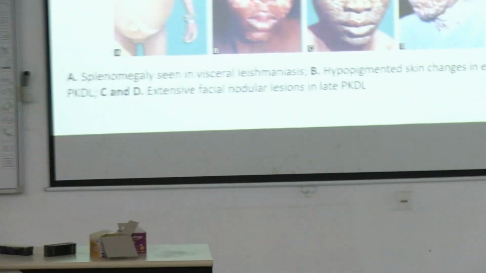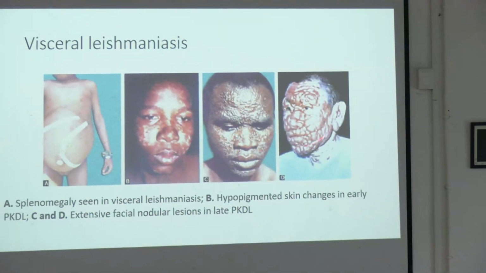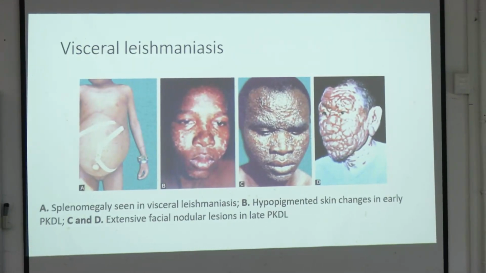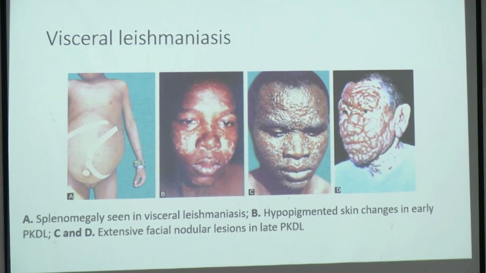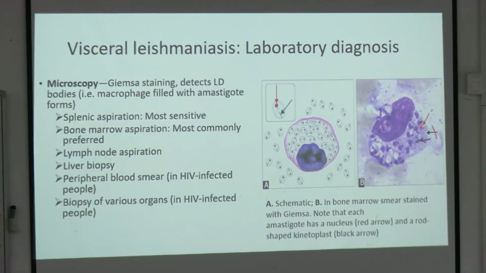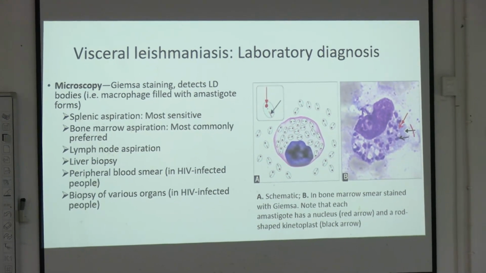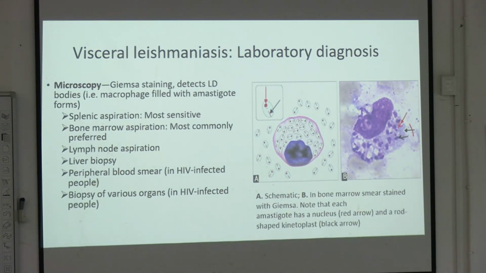Now, I think you can see in this picture, we have hepatosplenomegaly, then we have hyperpigmented skin changes, and the post-Kala-azar dermal Leishmaniasis, where extensive nodular lesions of the skin on the face is seen. Now, coming to diagnosis, the best method would be to go for the microscopic diagnosis, where the most sensitive is